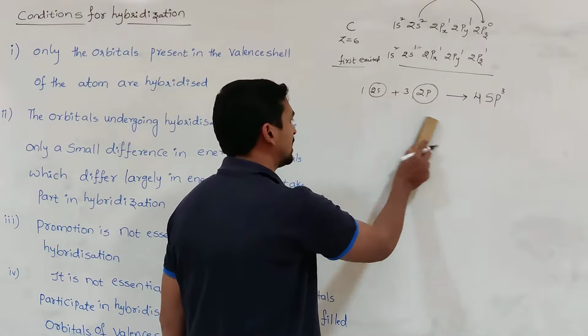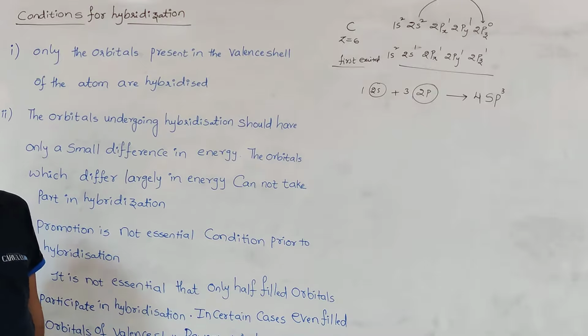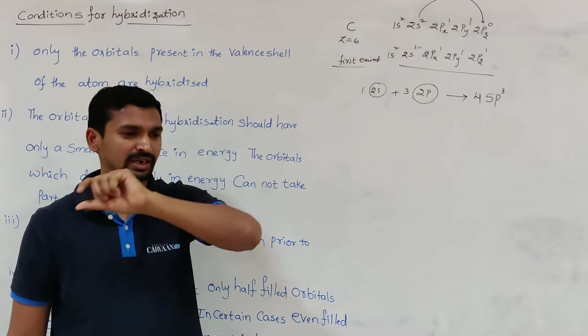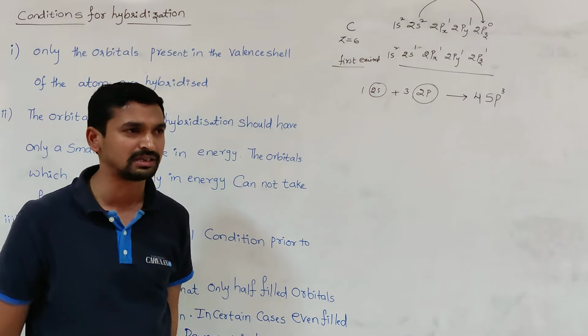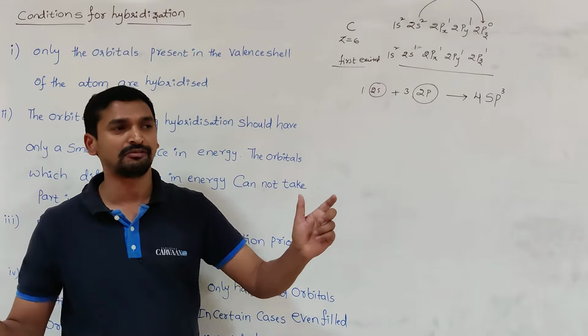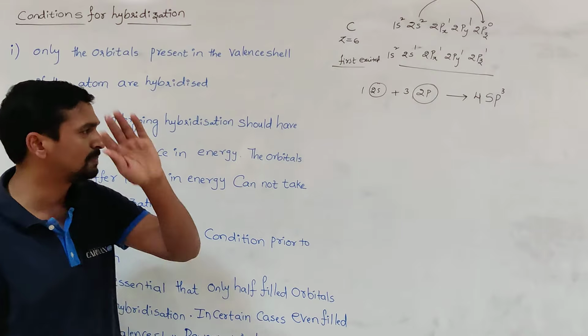You know very well in the atomic structure, you studied it. So how to calculate the energy, and also you can draw the Aufbau diagram. By that one you can write the energy order of the different orbitals, which are the same in energy, which are different in energy. Whether they are different in energy, large quantity or small quantity, we can easily predict it with the help of the rules.